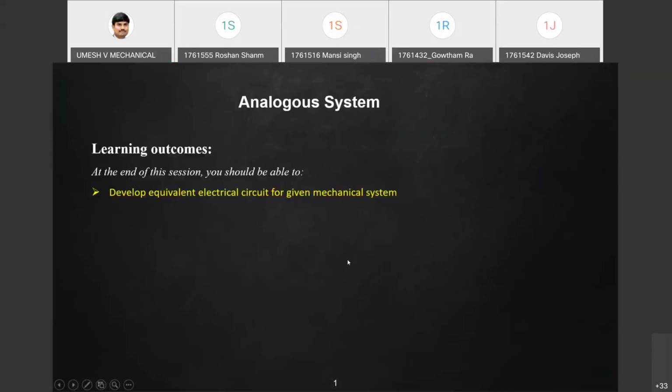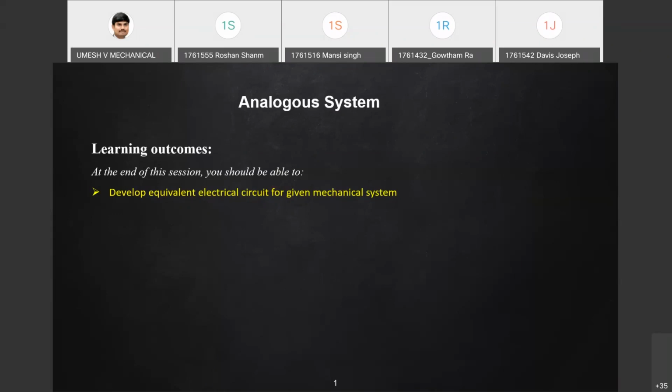Yeah, last class we discussed the electrical system, so that we completed. I gave the last problem, where you prove some of the equations. I hope you proved that. I will create an assignment link in Moodle, so you can upload it there.